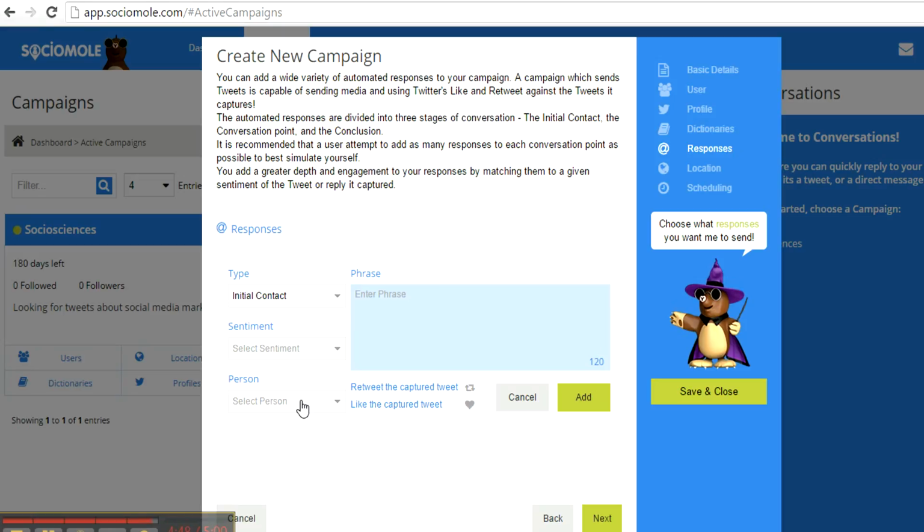Next is the person drop-down list. This is where you have the option to write back to tweets in a different tense. The first word option to tailor a response to someone